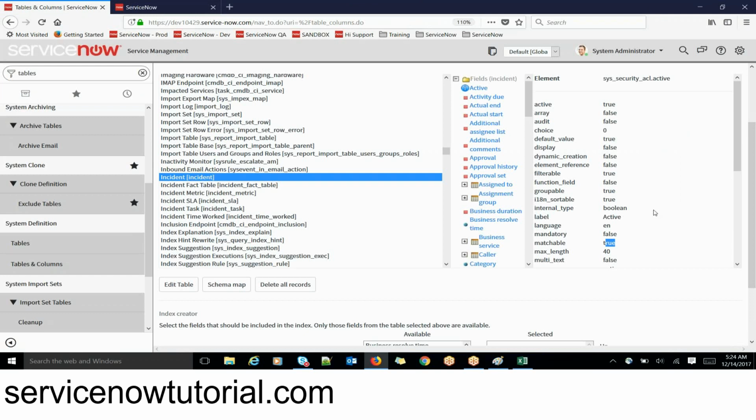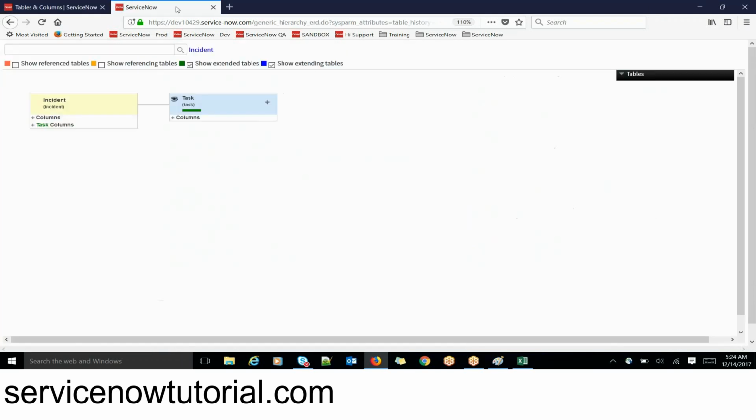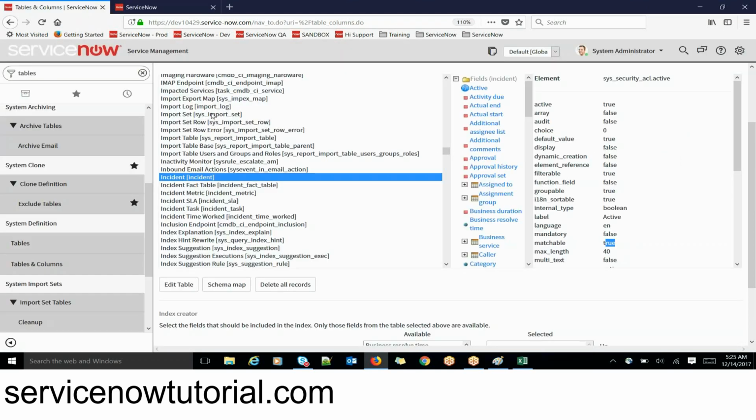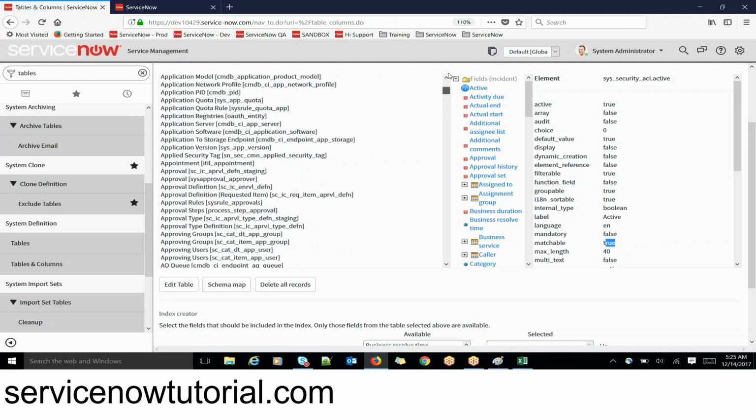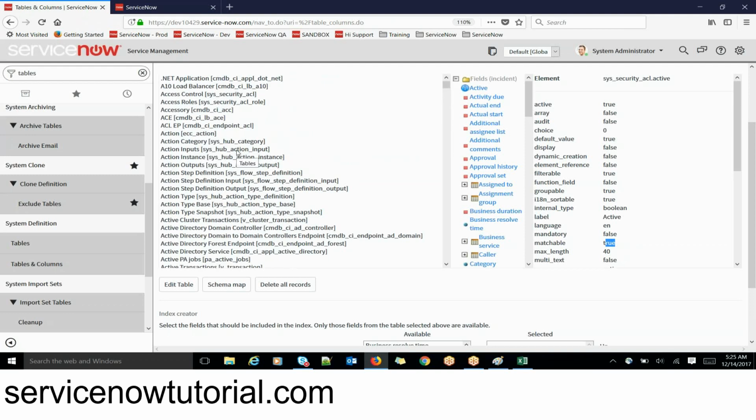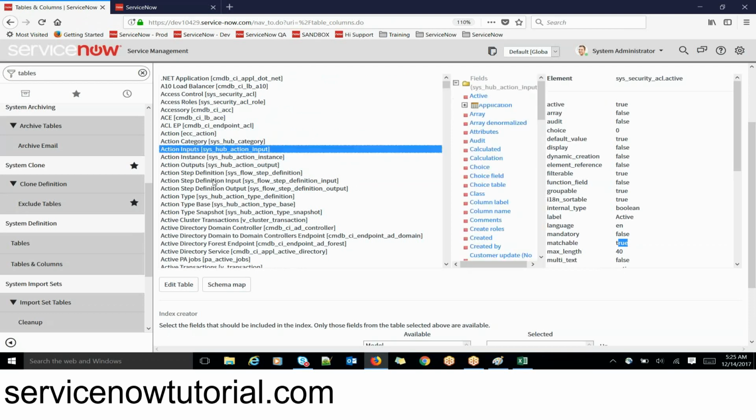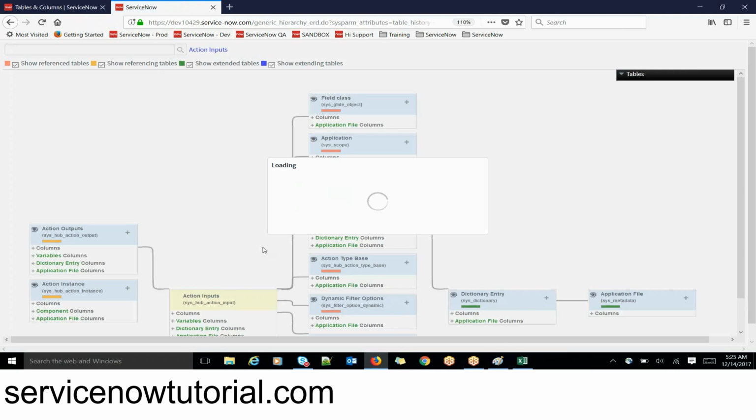Okay, I just have a question. In the previous diagram, you showed that one table is extending data from two tables, right? No, it's not two tables. There is another table. Yes, but there are multiple tables because it's like a chain. So it was action, action input. Okay, so when I take this, in the schema map, it was like